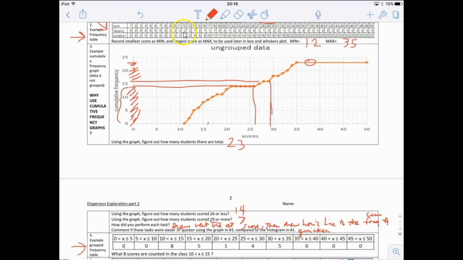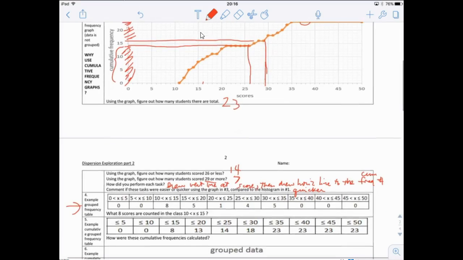Well, there's 2 12s, there's 3 13s, there's 1 14, and there's 2 15s, right? So we're going to write that down. We're going to say there's 2 12s,